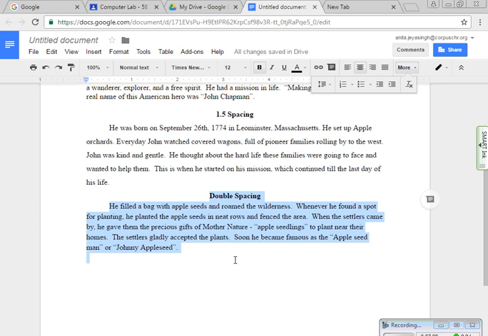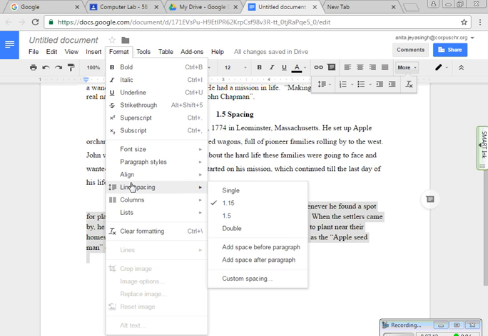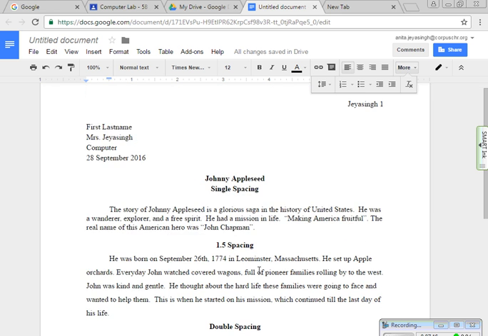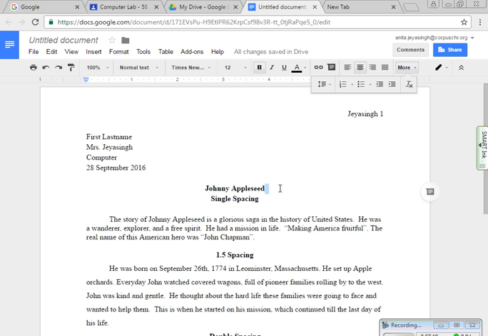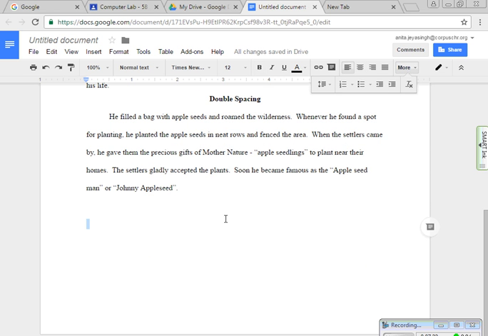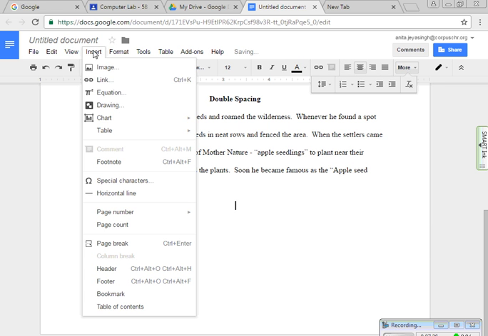Highlight the whole paragraph for double spacing. Go to format, line spacing, and pick double. And you are done with your work. Now, it will be great if you have an extra space after the heading. Then you click at the end, go center a line, insert image,